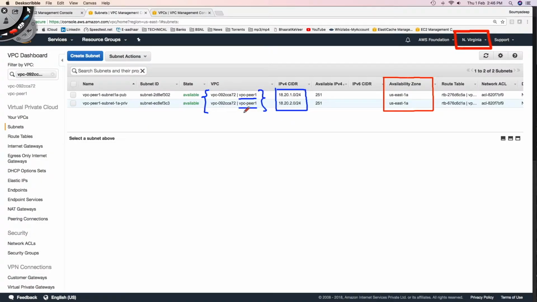Setup of VPC peer 1 in North Virginia region is done. I have created two subnets, one public and one private. Both of them are in AZ US East 1A.